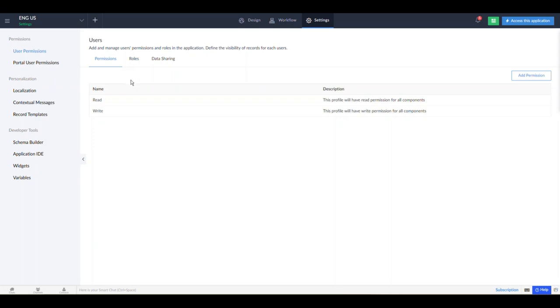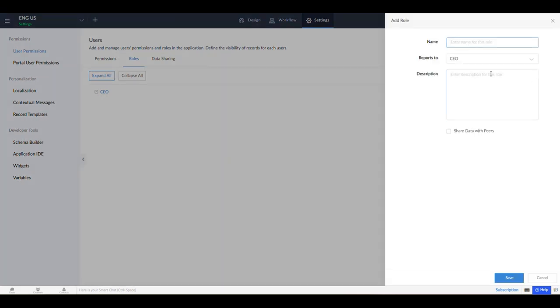configuration. So okay, let's start by adding a rule. We have the options here to add by clicking the plus button or the add rule button. Then let's give it a name. Then where this role will be reporting to. As you can see, we only have the CEO, so this will be the default option that we have. We can also add a description and then the share data with peers